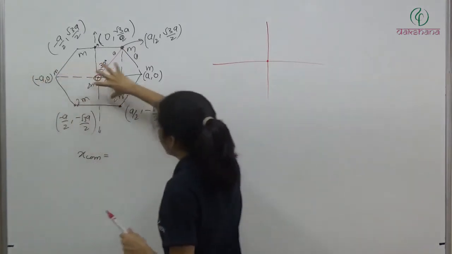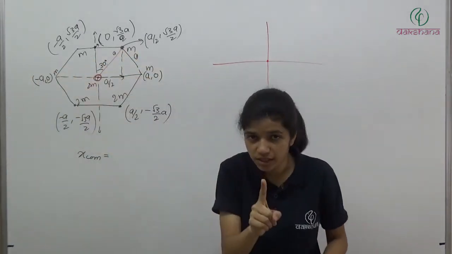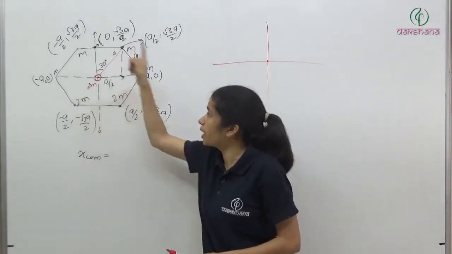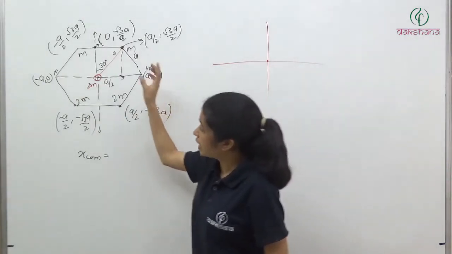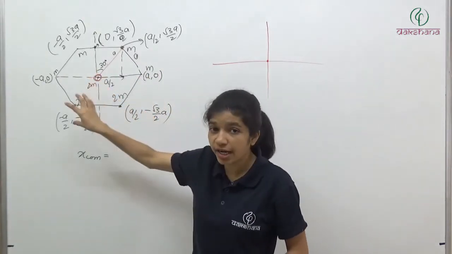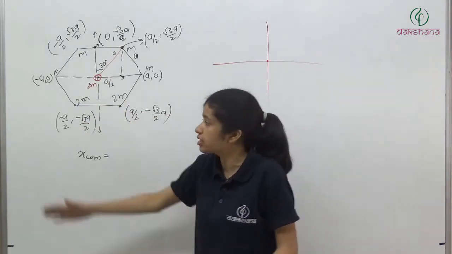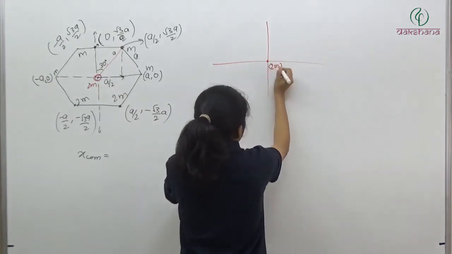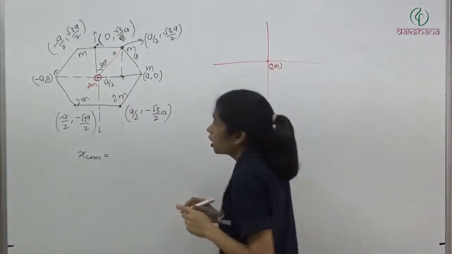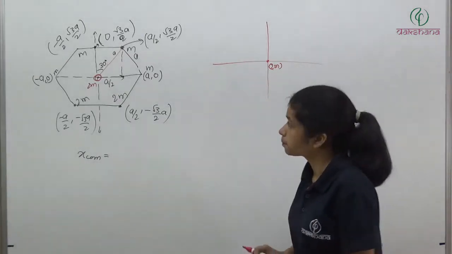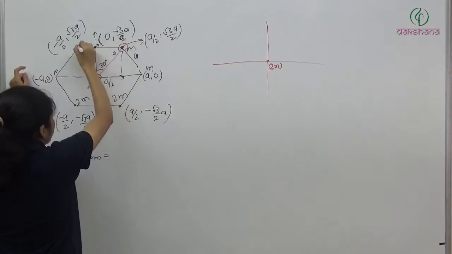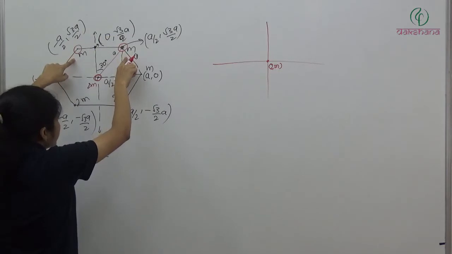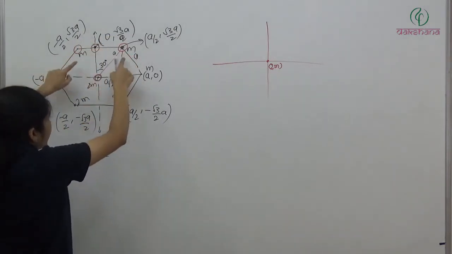So I am just trying to make a smaller system. So I have reduced this two particle system to one particle, and that one particle will be what? It will be center of mass, which is going to represent this complete system of two masses. So the center of mass is lying at this point. What is its mass? Its mass is equal to total mass of the system, m plus m, 2m, and location will be this. So here we have 2m mass. Now in new system I have a mass kept at origin and its mass is 2m. Similarly, for these two particles, this is the line joining them. Their center of mass is going to lie exactly at this point, exactly at the midpoint.